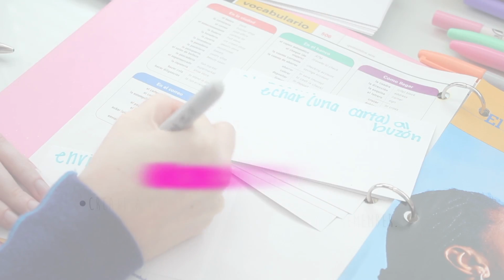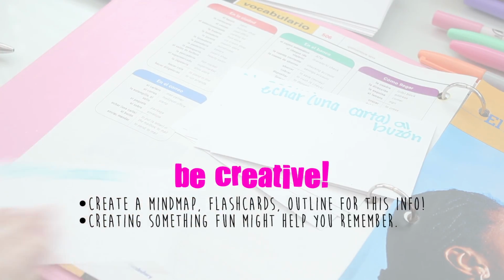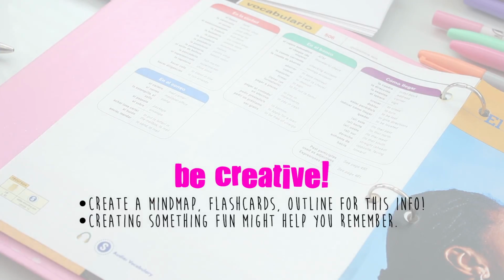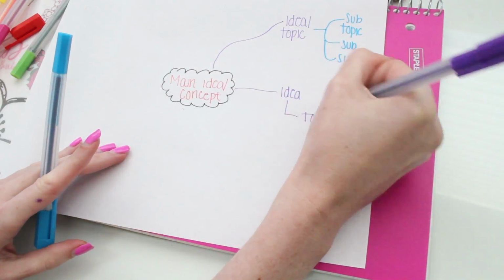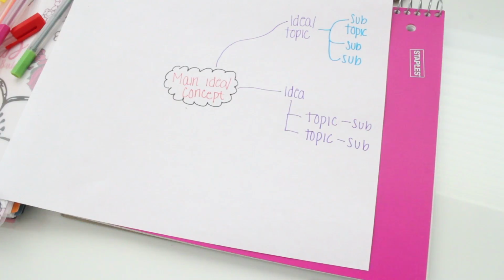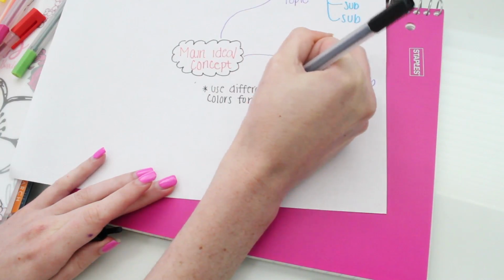Once I've done this, I will then decide on how to best drill this into my head. If it's vocab that's getting me all mixed up, I will create flashcards. If I'm trying to understand a certain concept or theory, I will create a mind map. I am a very visual learner, so having lots of colors and anything that has a design aspect to it helps me remember. So if this is not your type of learning, try to figure out what will work best